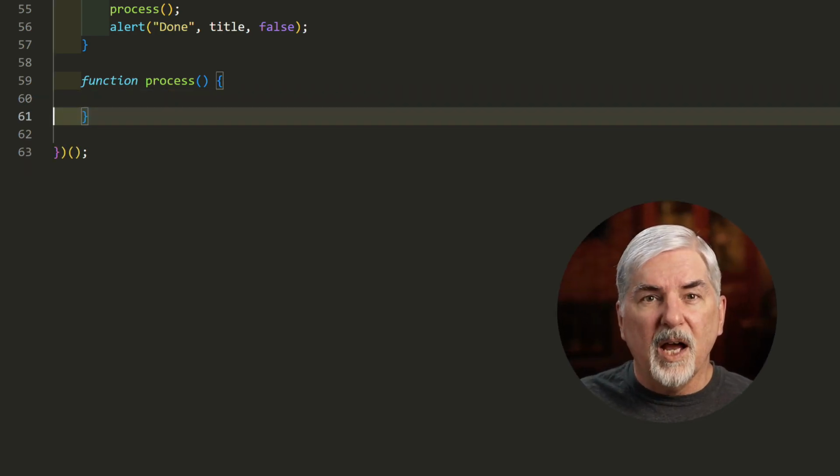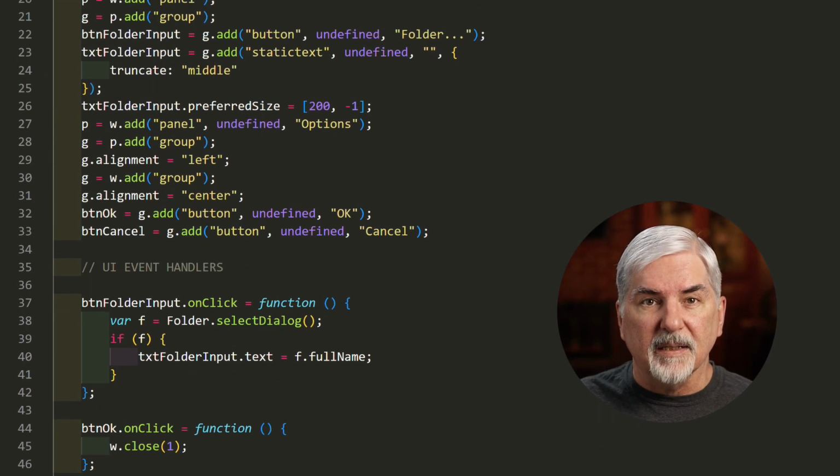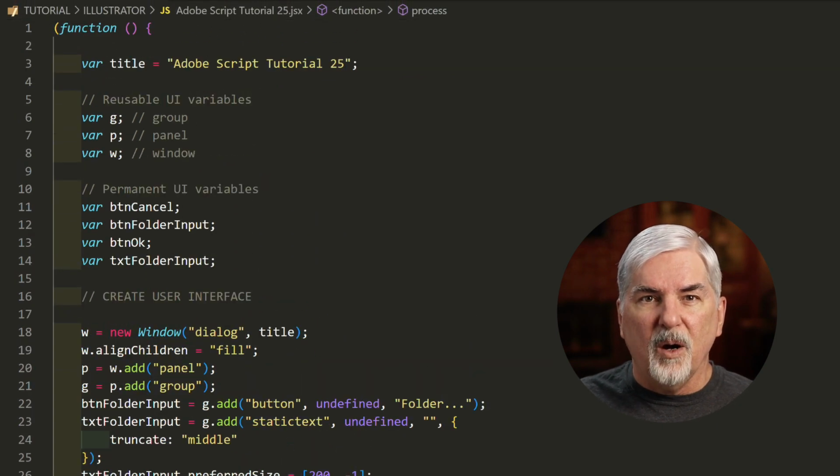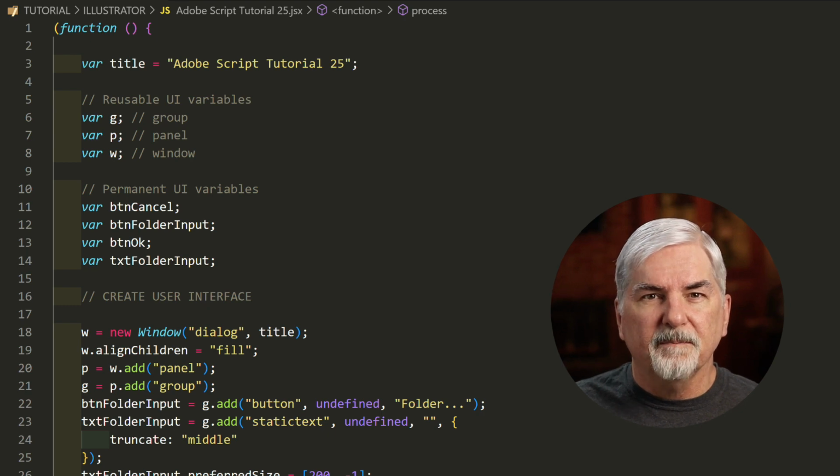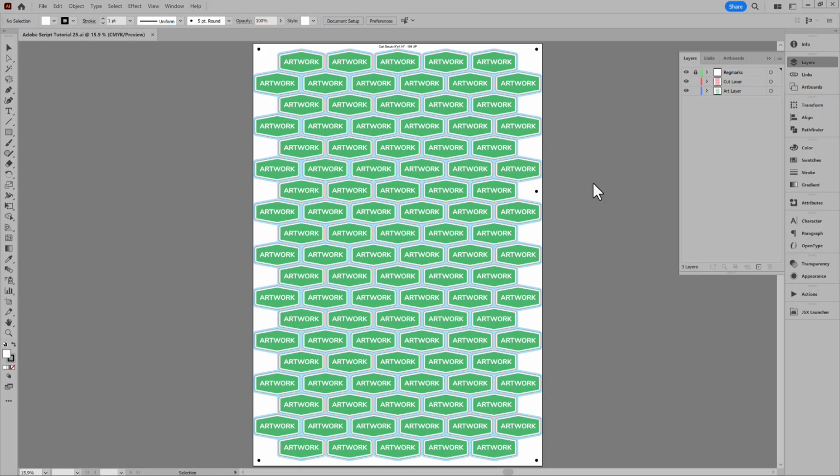Then in the process function, clear it all for a fresh start. The download will have folders begin and end. This trimmed down code will be in the begin folder, where to start from, and the finished code in the end folder. Confirm your work is correct by comparing to it. Before I begin, I want to show what we're working with. Here's an example file for large format output.